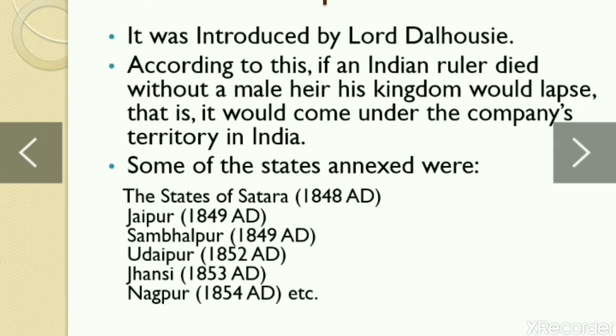Now, the next point is the pretext of misrule. Pretext of misrule means alleged misrule. According to this, Lord Dalhousie claimed that people were not able to rule their territory properly, and therefore their territory should merge with the British territories. An example of this alleged misrule is Awadh, because Awadh was actually annexed by Lord Dalhousie, and the statement which was given by Lord Dalhousie was that